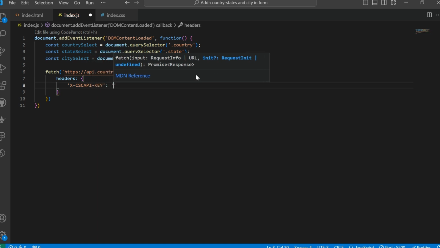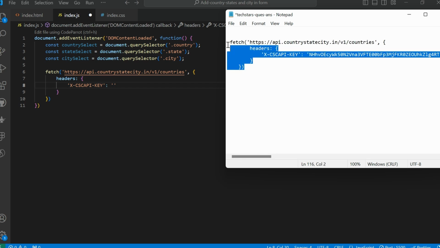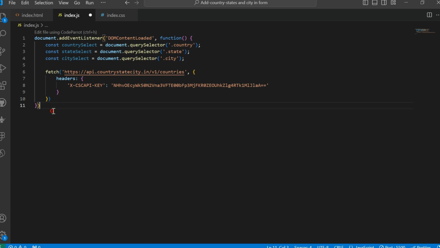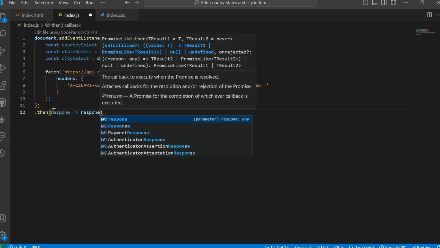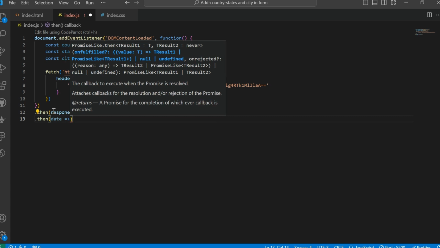I put my API key. I think I have it simply as I copied the one. You know what? I can just copy this so that I will not be wasting time. Let's paste this here. Okay, so now you can see my API key there. The next thing is to set this response to be an arrow function, response arrow function, and response.json. Another then, in this then I'm going to get the data, set another arrow function, and in this one data,